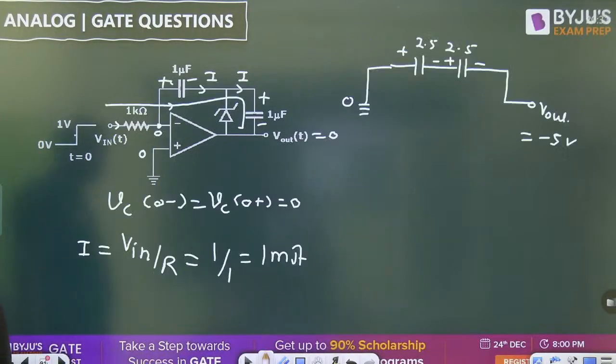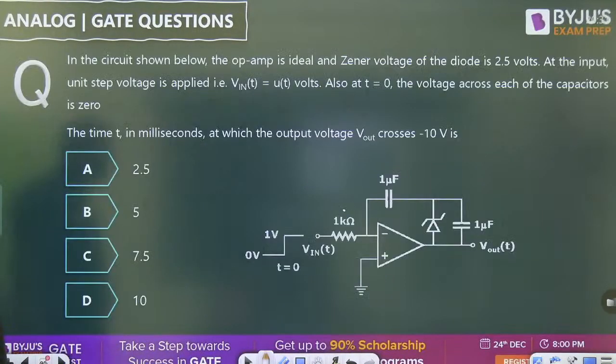So this is the Zener diode. No. Sorry, this is the question from Electronics Branch. This is the 7.5 millisecond it is required. Okay. Then